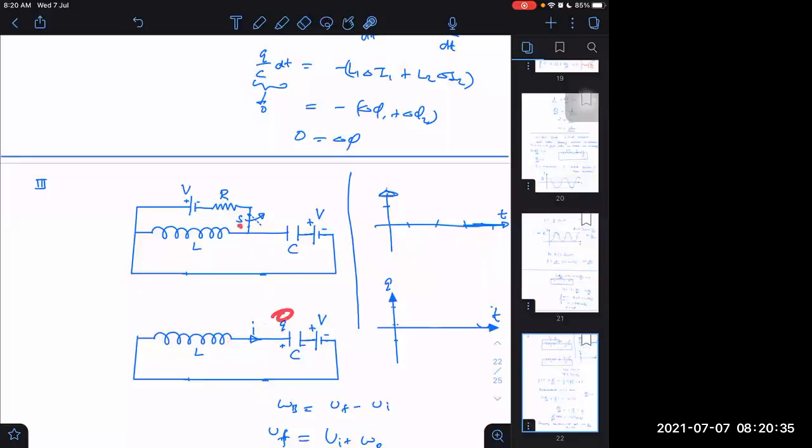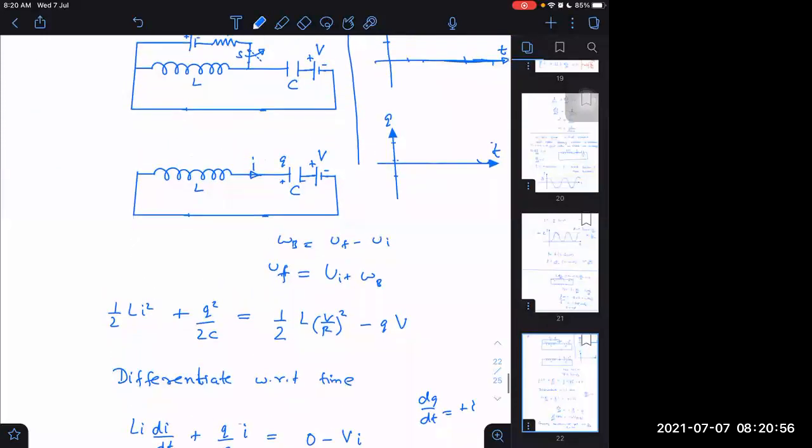Initial charge is 0 just after closing the switch. Then what is the voltage across it? That is equal to V. So then the current will not be maximum. di by dt will not be 0. L into di by dt will be equal to V initially. So this I versus t graph was not right. I assumed it to be initially maximum, but it is not maximum.